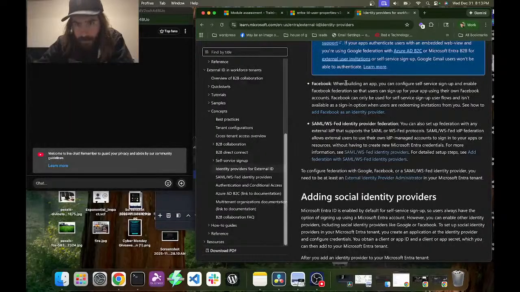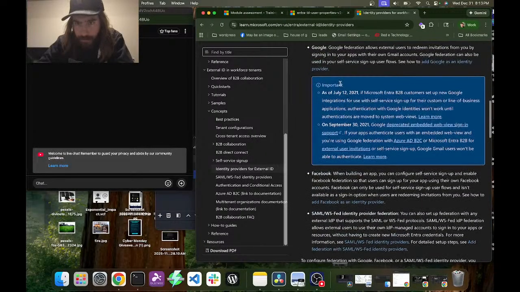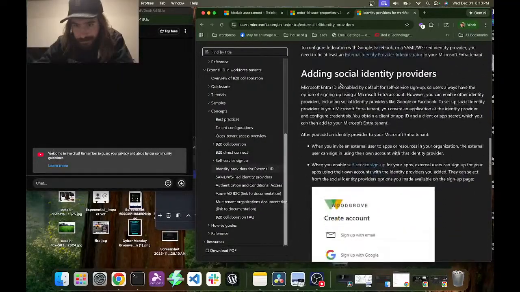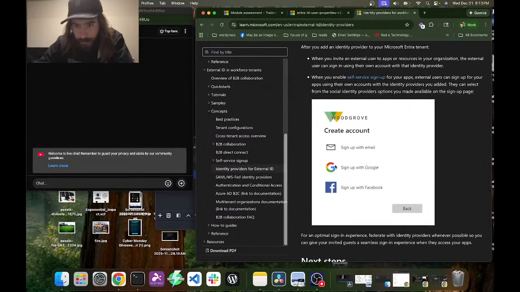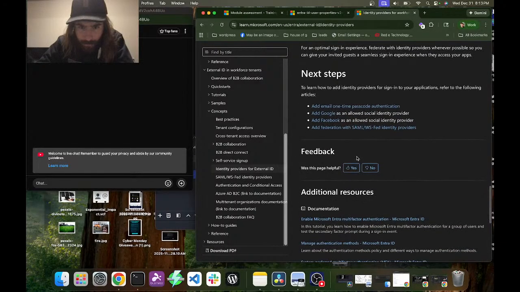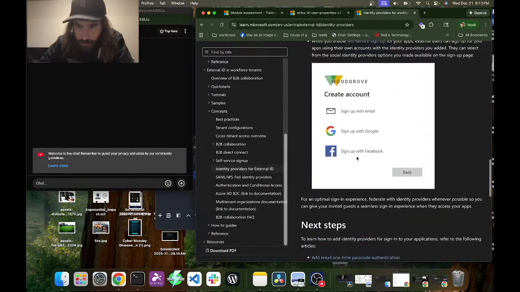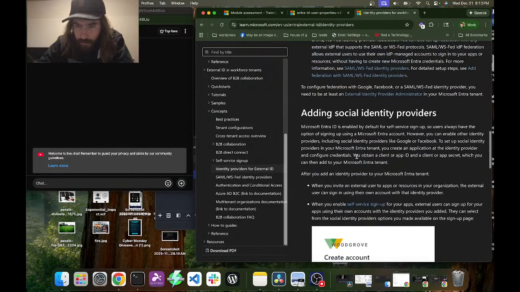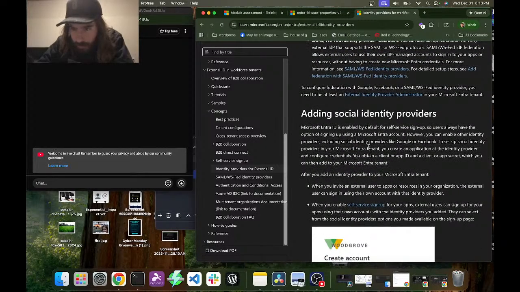So Facebook, that's usually the first one I think of because almost everyone has a Facebook. So yeah, Facebook, Google. Is it just Facebook and Google? I thought there was more. I thought LinkedIn. Is it just Google? I thought LinkedIn was one.